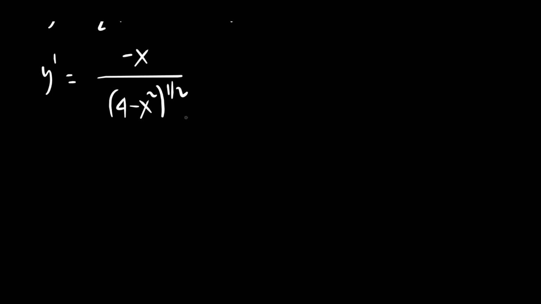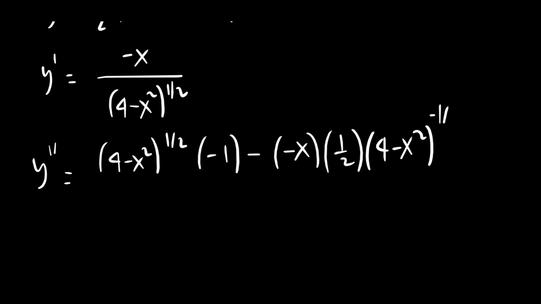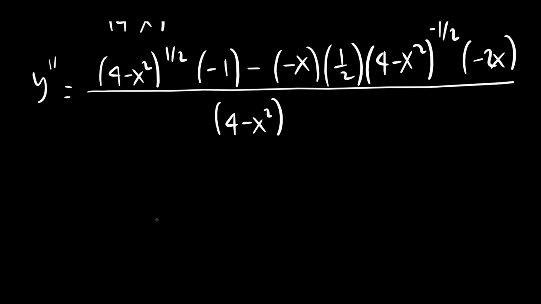So we'll get its second derivative now. So y double prime is just equal to, copy the denominator. So the derivative of negative x is negative 1 minus, so copy negative x. The derivative of the denominator is 1 half multiplied by 4 minus x squared, so 1 half minus 1 is just equal to negative 1 half. So the derivative inside is negative 2x all over 4 minus x squared raised to the power of 1 half times 2 is just equal to 1, right? So we have further simplification.